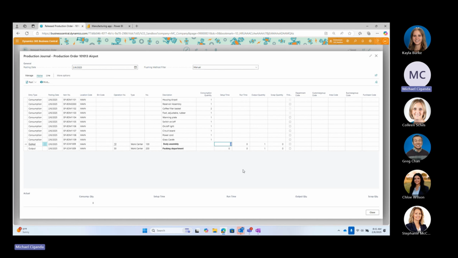So in our example, we said that it took 20 minutes to set this up, and the guys on the floor did it correctly, and it was perfectly efficient, and they ran it as we expected with 15 minutes. Okay, so we're going to record that. So that's going to be 35 minutes, and it's going to capitalize at that price that we had mentioned earlier